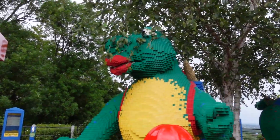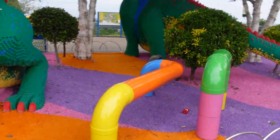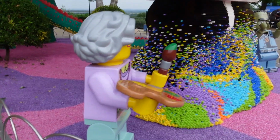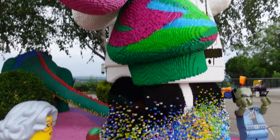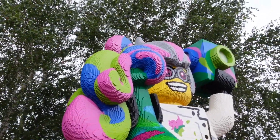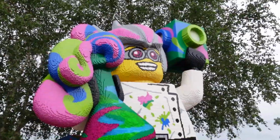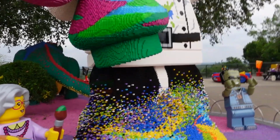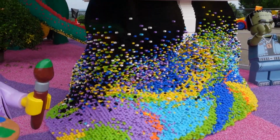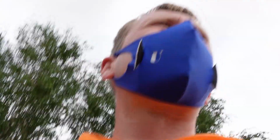So lovely and colourful up here. So this is a new one. So I wonder how many Lego bricks are actually in that bit. Oh, they've closed it off. Nightmare. So that is the new Coffee & Co, which was established in